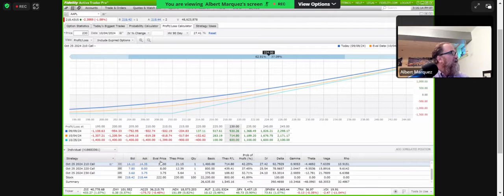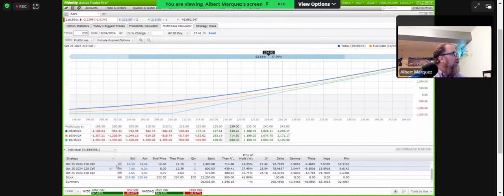We paid $14 for this particular option. Now it's starting to move up a little bit. It's at 21.15. So we've actually made about $714 here. And again, this is the one that's the deepest in the money. If we take a look at the at the money, well, again, we paid $8. It's moved up to 12.39. So we've made a pretty decent return so far. We've made more than half of our investment on this particular one. Same with the first one.